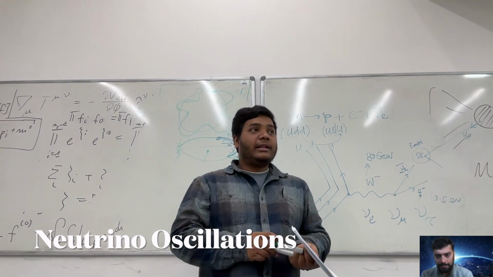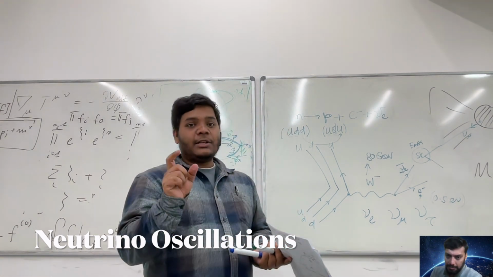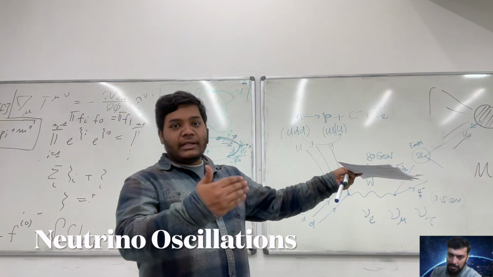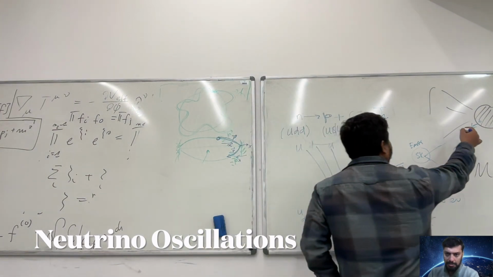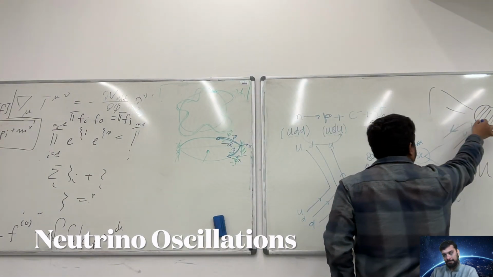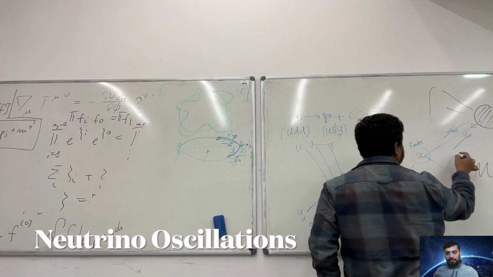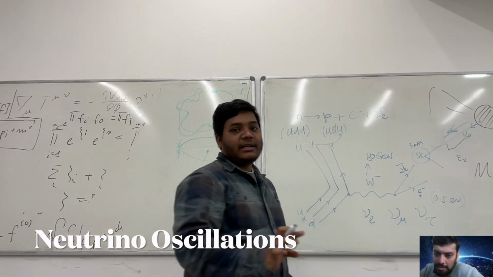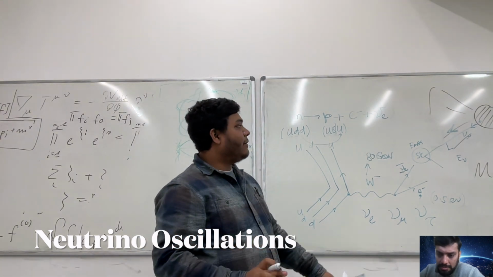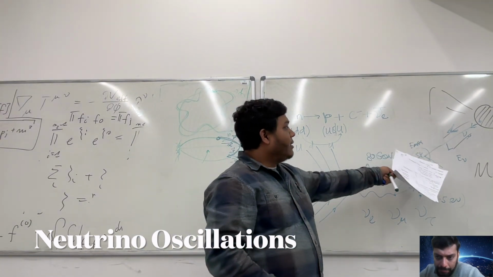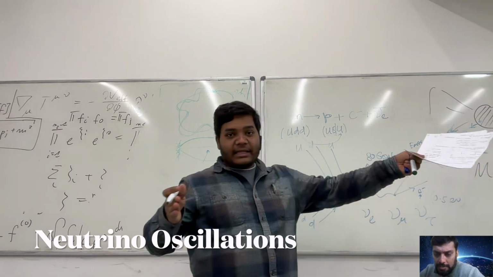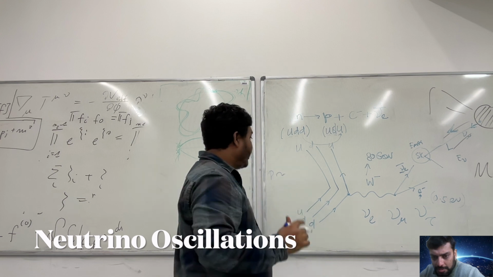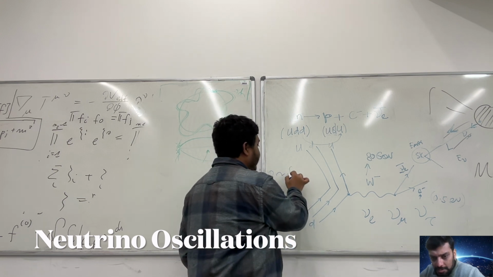And then they define the probability: what is the probability of a muon neutrino converting into electron neutrino when they travel the distance L, with the energy of the neutrino considered nu? They try to calculate the probability of this muon neutrino to reach the distance L, and they find that the probability, whatever it will be, is a function of